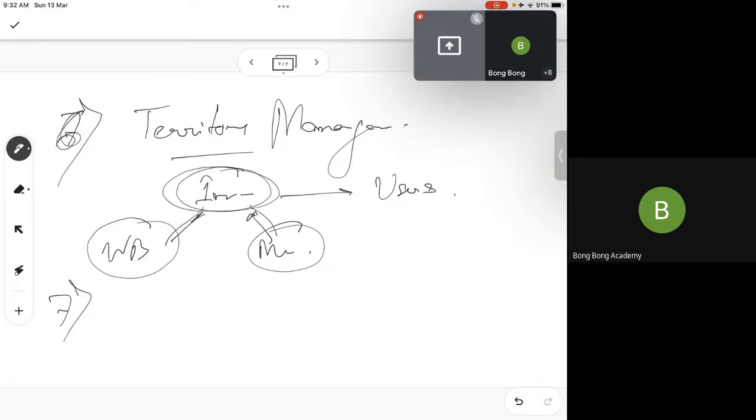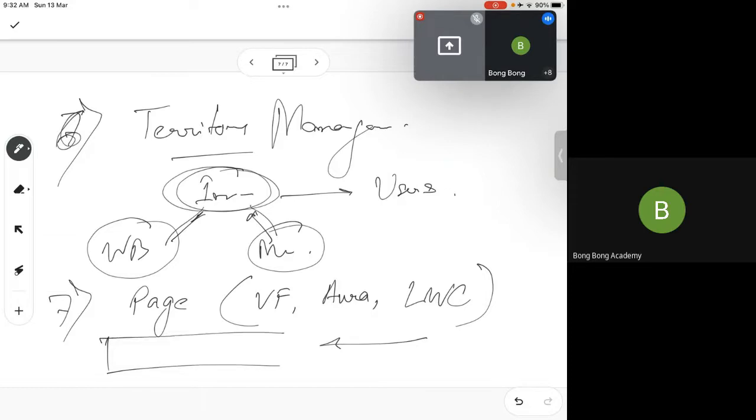The 7th process is writing your own page. If you write your own page, how can you develop it? You can use Visualforce, which is an old way of writing code. Aura framework is again programming, and LWC is again a programming language. If you write a page and you want to show any records to any users, even if they are not able to see them, you can do it.